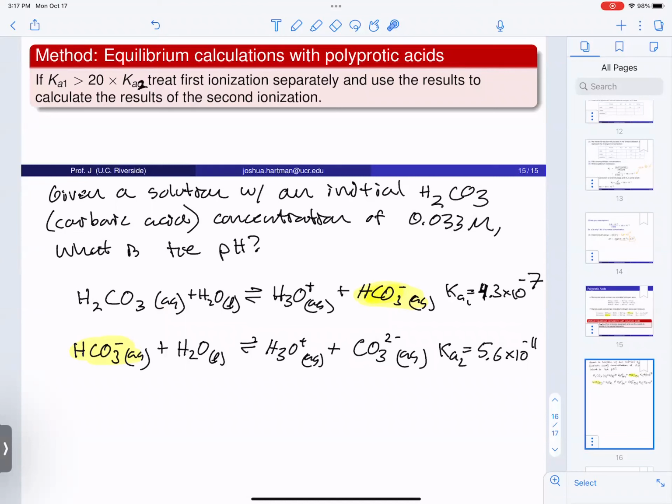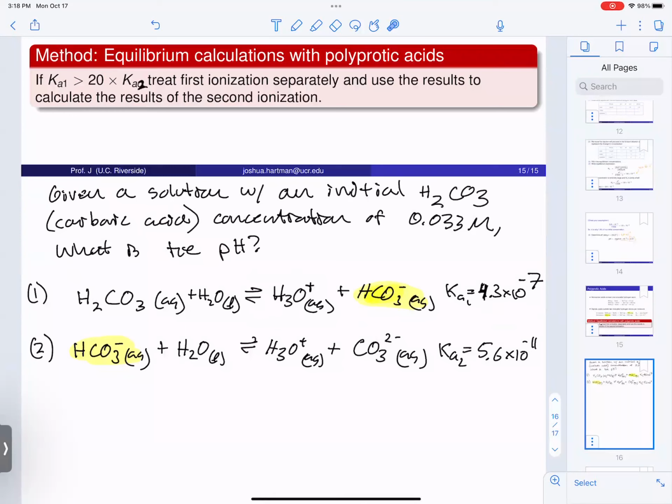Okay, so what we're going to do here is use our little rule up here in our methods and say, well, do the two equilibrium constants for the first dissociation, we'll label that 1, and the second dissociation 2, differ by a factor of 20 or more? And of course they do here. We're talking 4 orders of magnitude difference when you compare Ka1, 10 to the minus 7, and Ka2, 10 to the